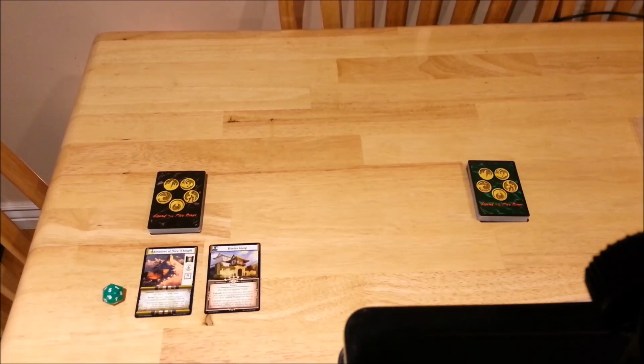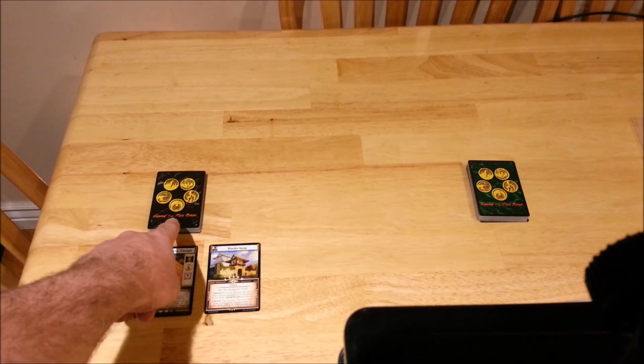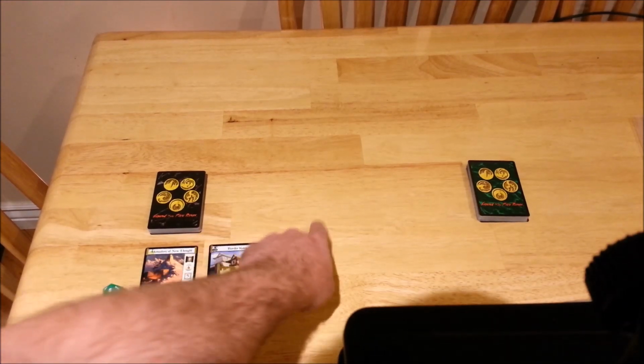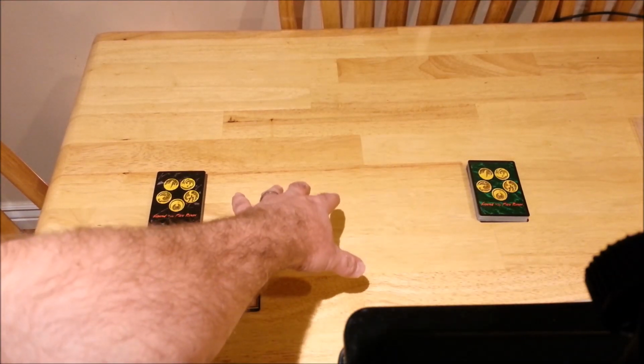Okay, Legend of the Five Rings is played with two 40-card decks. You can make them bigger than 40 cards, but generally you'll want them to be 40 cards. You've got your Dynasty Deck, which are the black-backed cards, and your Fate Deck, which are green-backed. These four spots in the middle are your Providences, and those are the areas that you'll be defending when you